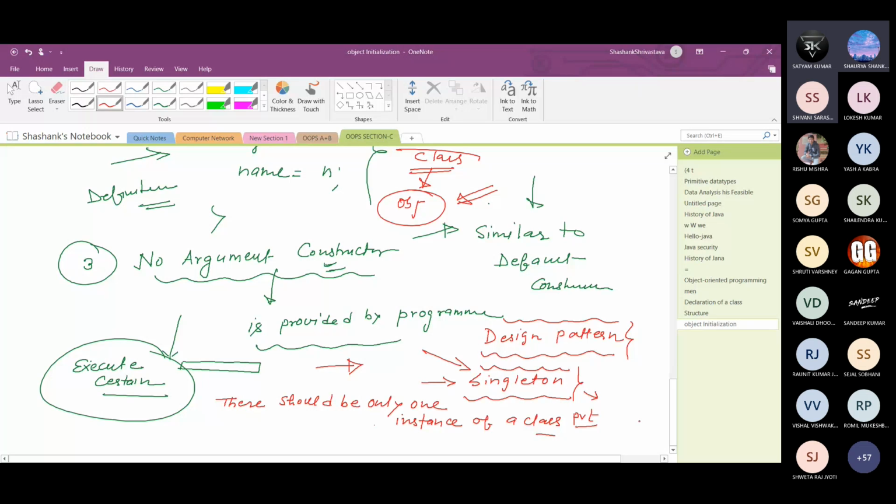So we have discussed today different types of constructors, how basically you can call the constructor, and how constructor overloading works. And in the next class, we will discuss the this keyword and its application, or uses of the this keyword. Okay. So is there any question? You may ask the question.